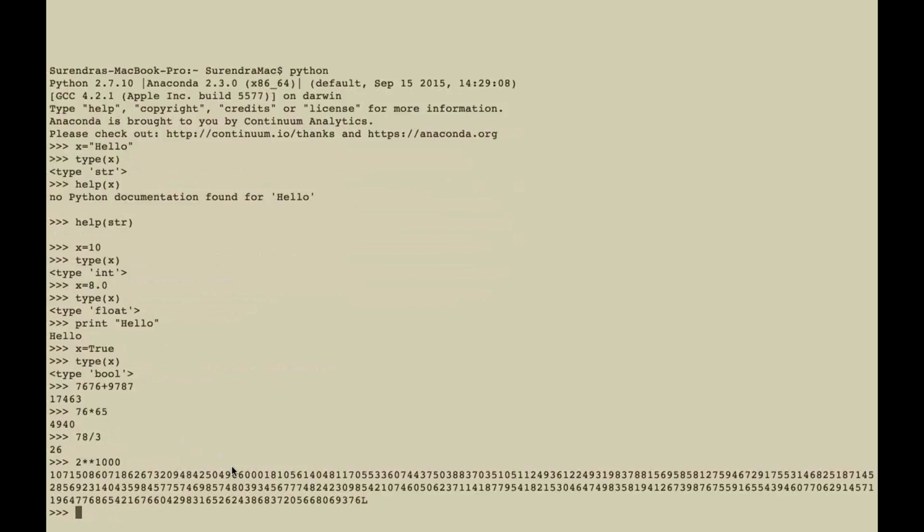But here, as everything is an object and it has dynamic typing, everything is possible. There's no limit of computation here. You can have anything, into the power thousands, 10,000, whatever you want. That's the power.